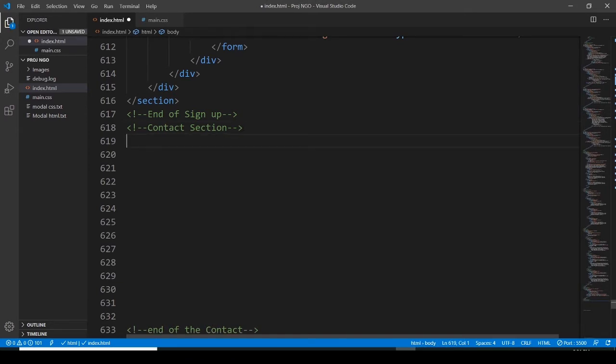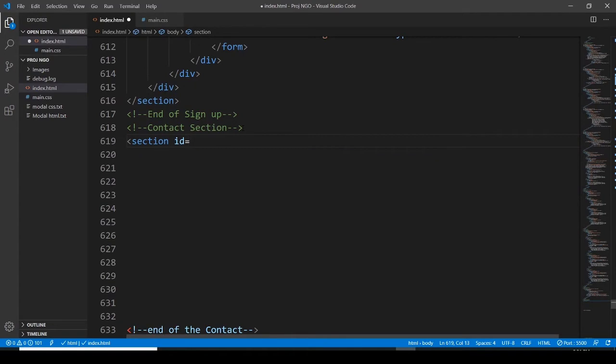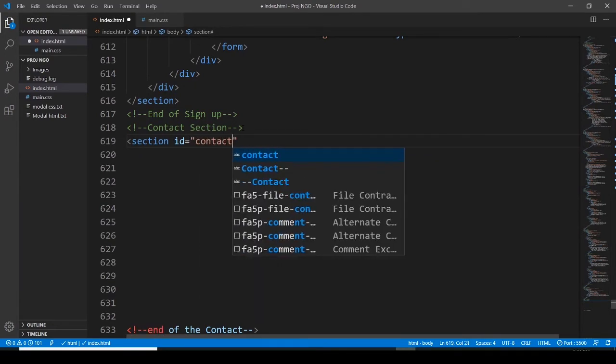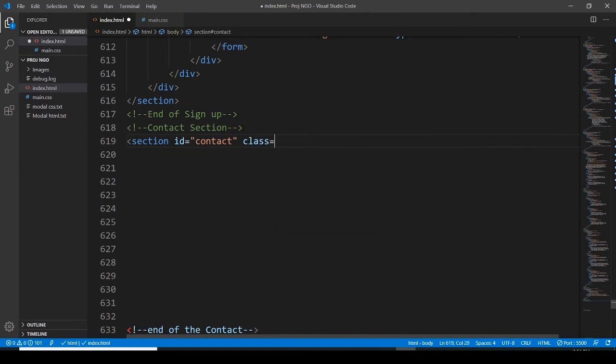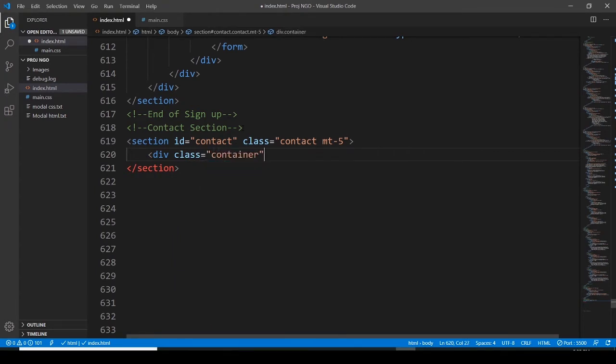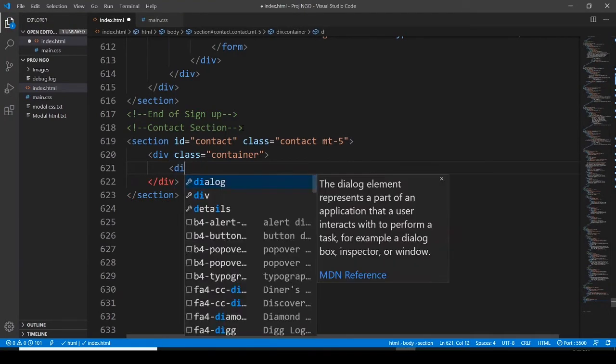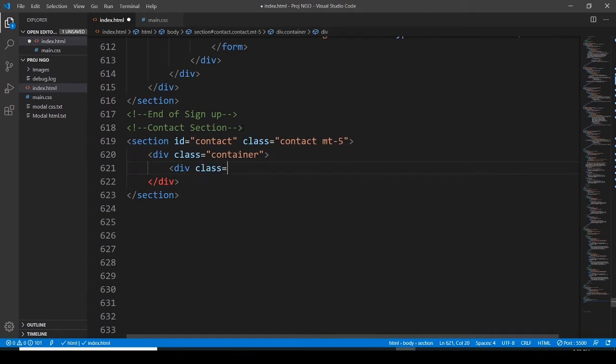Let's start with section element, ID contact, and then the class for this would be contact, margin top 5, and then division, assign it a class of container, and then let's go with another division. Another division, assign it a class of text center,